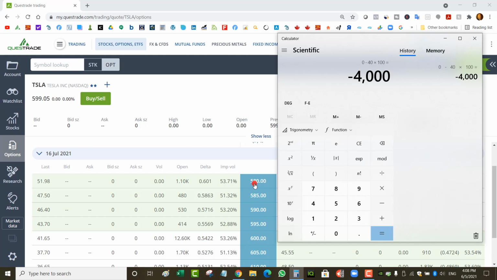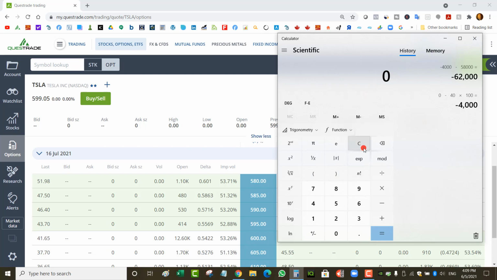Okay, I'm going to exercise my call option to own shares, 100 shares at a 580 strike. So that means I'm going to spend $58,000. That's coming out of my account. So I'm going to click minus 58 because that's how much money is coming out of my account. So now I've spent $62,000 to own Tesla shares at 580 strike. But basically it's as if I paid $620. It's as if I owned Tesla at a $620 price. But I'm okay with that because my assumption is Tesla's going to 1,000, so I want to own the shares. So remember that number,